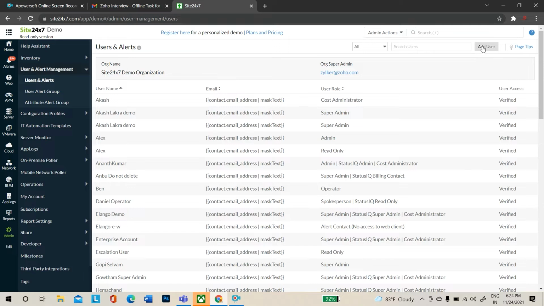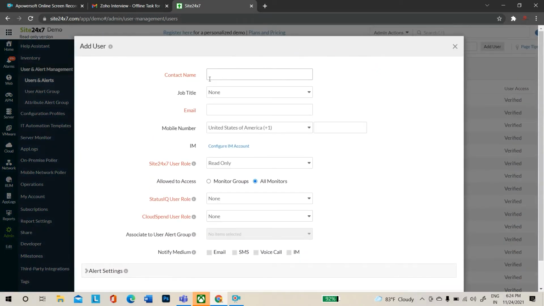Okay, so when you click on add user, a form appears. If you see, the text color is not looking consistent. To mark as mandatory, the text color is shown as red. Instead of red, the text color can be changed to black, and to mark mandatory, we can use the hash symbol. The text field size again can be reduced, and the border radius can be increased for each and every text field, so that it will look more elegant.